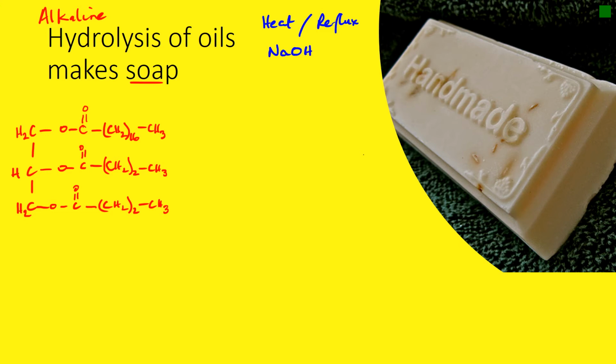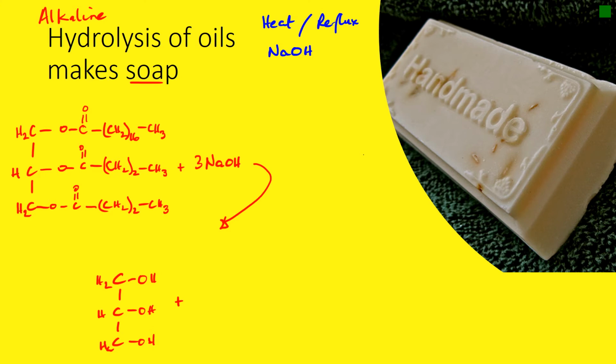So when you do that, let's put our 3 sodium hydroxide molecules in there. When you do that, let's draw our product molecule down here. We're going to remake the glycerol molecule, which is the backbone like this, with our H2 there, and our hydroxyl groups instead of the ester links, in the reverse direction. So that's our glycerol, and we also get 3 fatty acids,